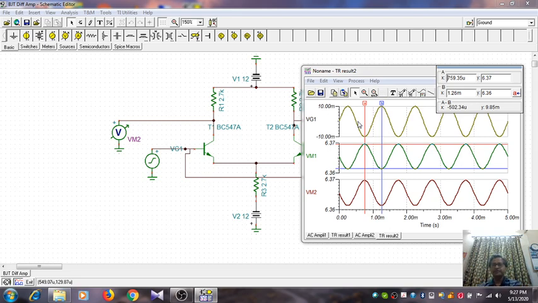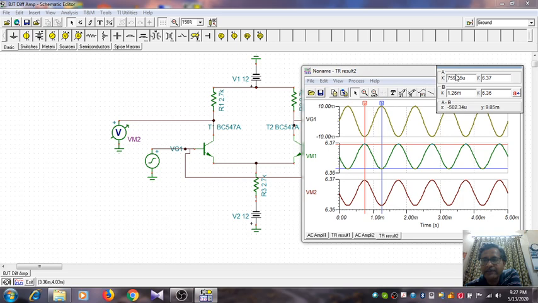Okay, right? And also you notice that now as the same signal is applied at the bases of both the transistors, the collector voltages are in phase. T1 and T2, you see that at the same point the crest occurs, and it is at the same time that the trough occurs at the base signal. So the two base signals are in phase, whereas the two collectors are also in phase, and this base and collector are out of phase 180 degree. Okay, so we get the common mode voltage gain AC to be nearly 0.5.